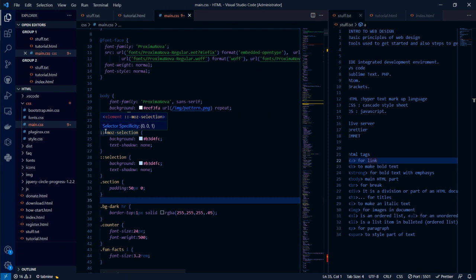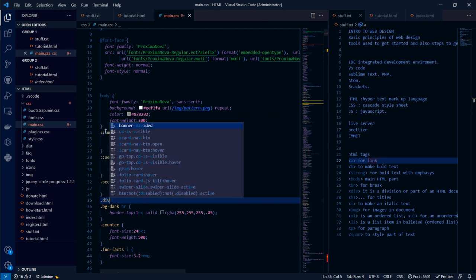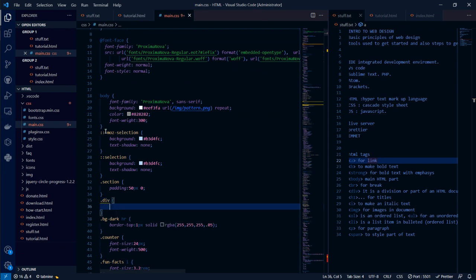Dot section, dot div, and under it create a bracket. Not this kind of bracket. See that? Yeah, this bracket, and then when you create this bracket, you now write what you want.